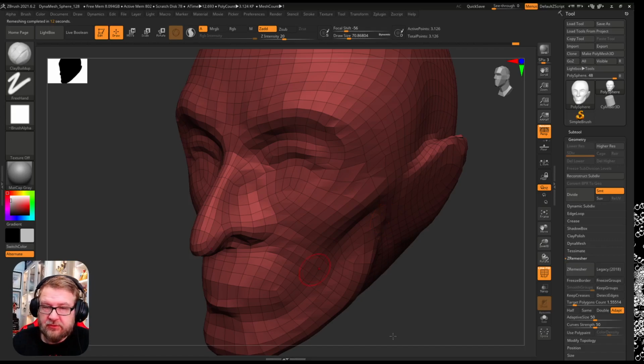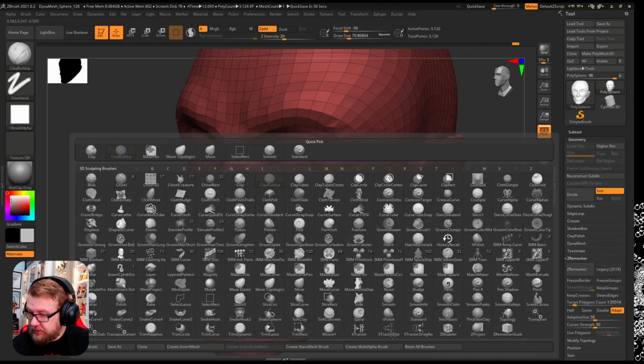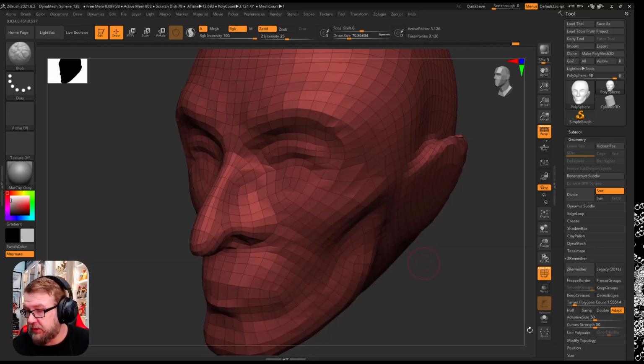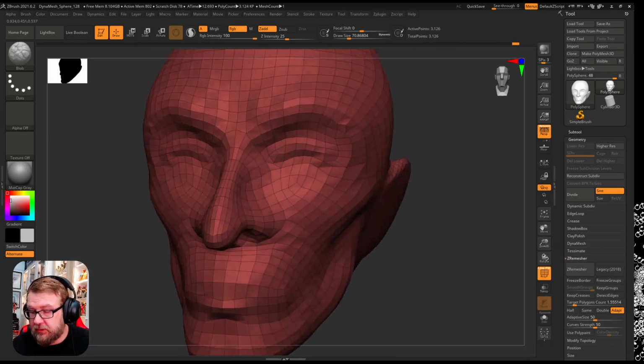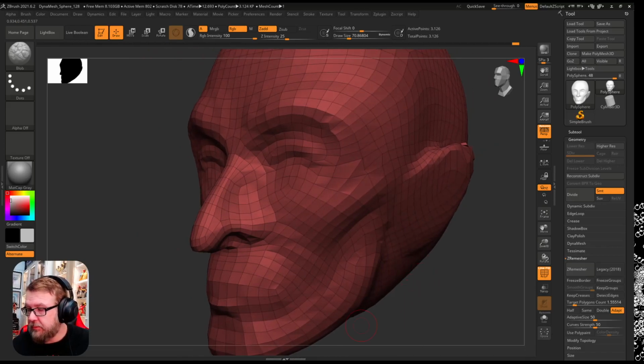There are these things called Z-remesh guides in the brush palette, so they're the last thing in the brush palette, and they allow you to draw guides for Z-remesher. You can always Google that if you want to look into how that works. The one thing I wanted to talk about was subdivision surfaces. So right at the top of the geometry tab, you can see you've got a load of stuff to do with